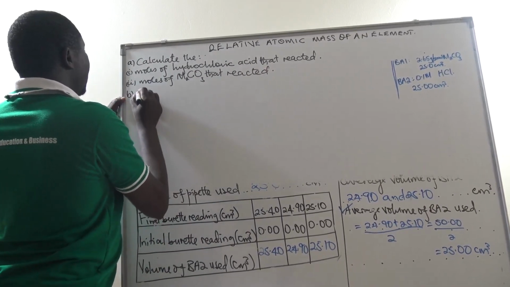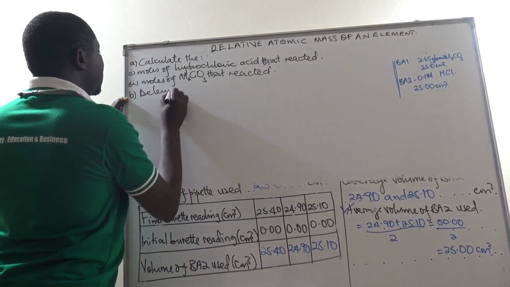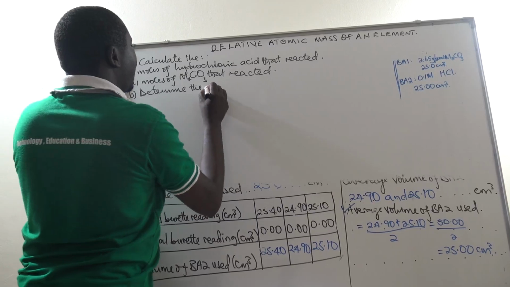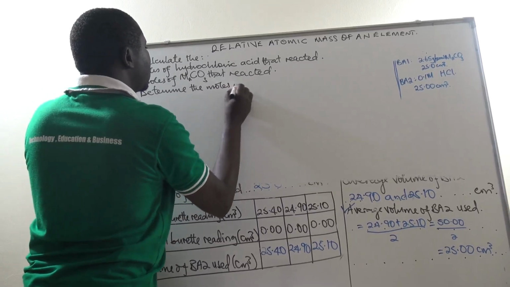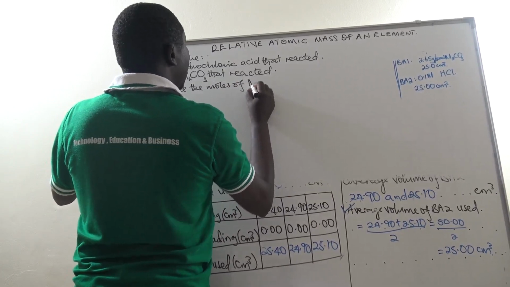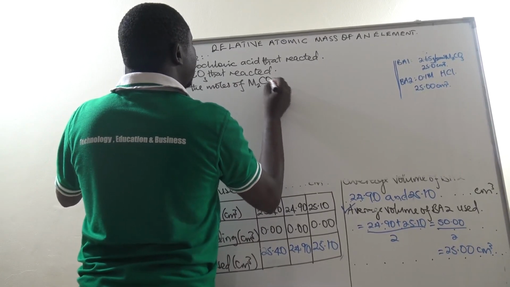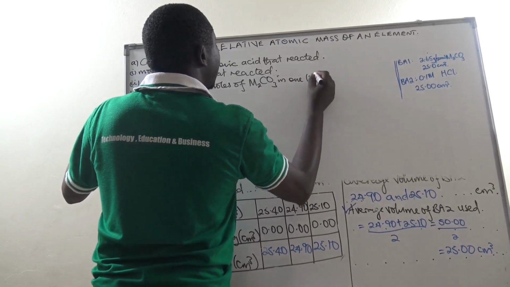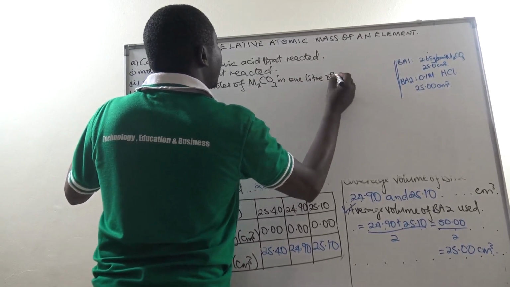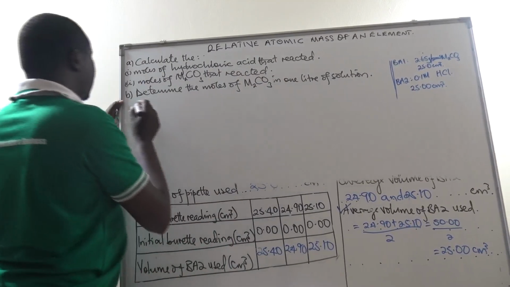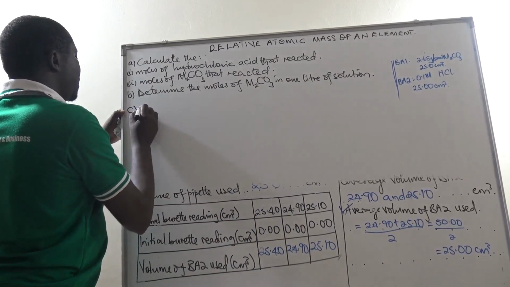Then B, determine the moles of M2 carbonate in 1 liter of solution. We shall see what this one is all about. C, part 1,